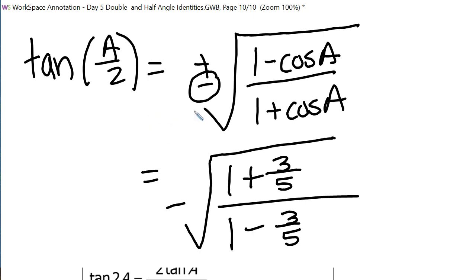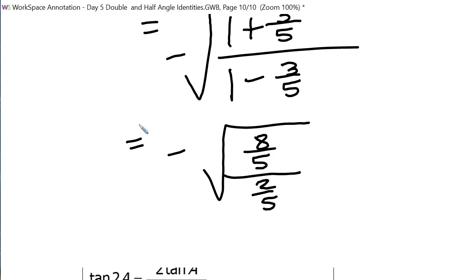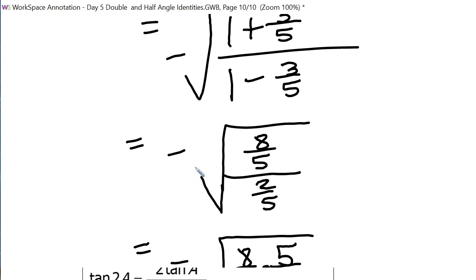So 5/5 plus 3/5 would be 8/5. And 5/5 minus 3/5 would be 2/5. And when you divide fractions, multiply by the reciprocal. So we need to multiply 8/5 by the reciprocal, which would be 5 over 2. And that would be 8 over 2, which is